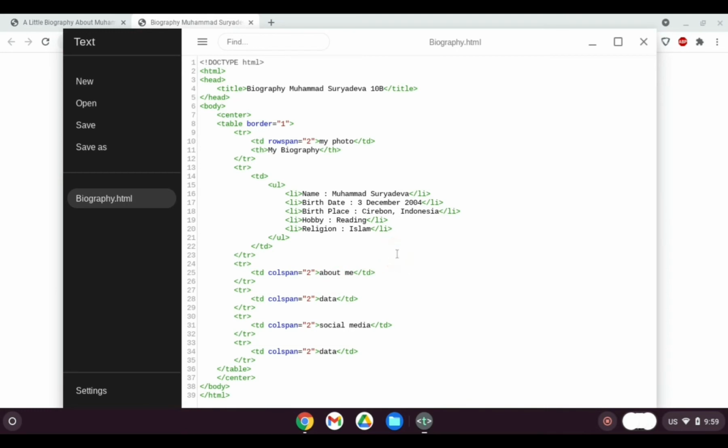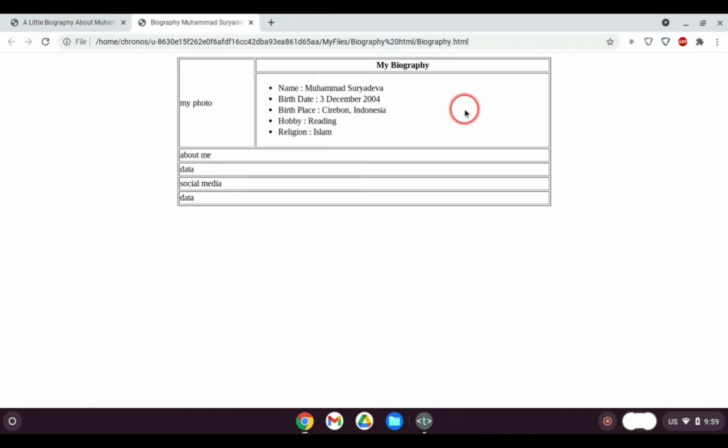So now I'm just going to edit the width of the table. Let's say the width is equal to 700 px. Okay, like this. How is it going to turn out? It's going to be a little bit wider like this.